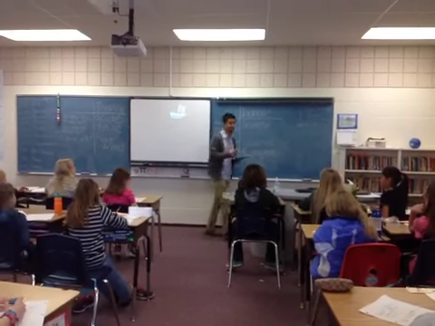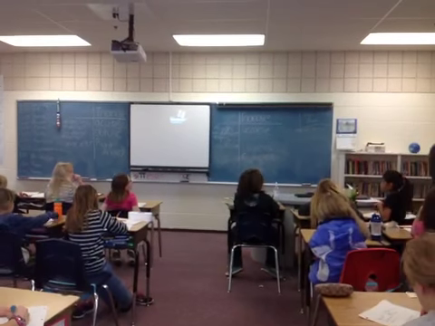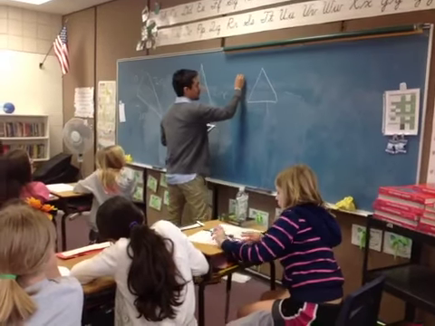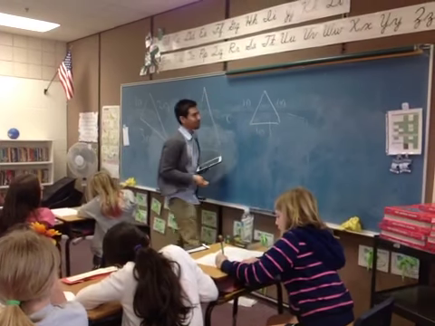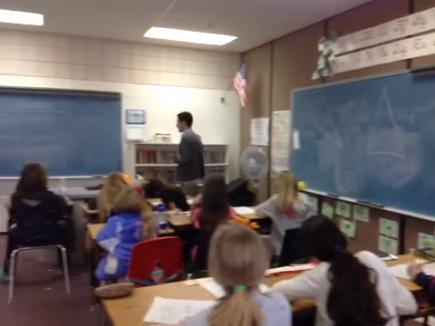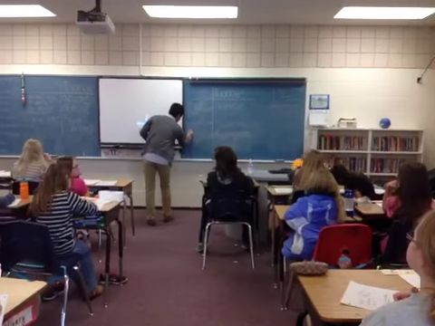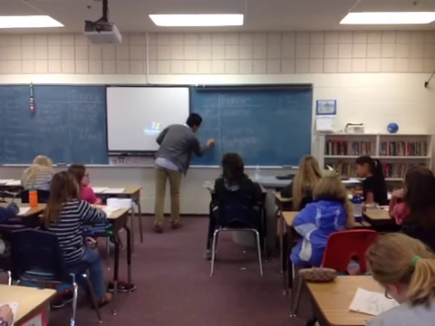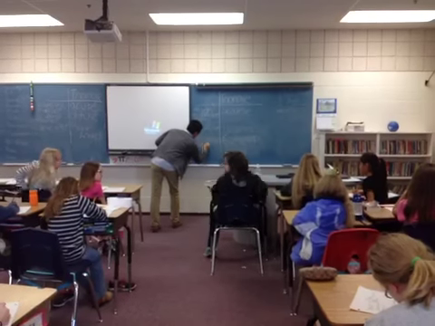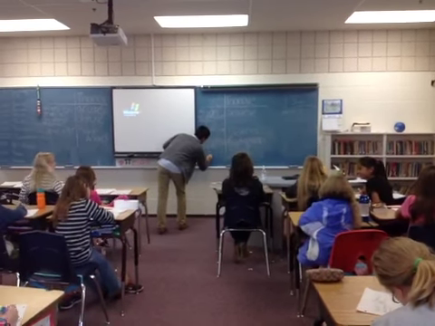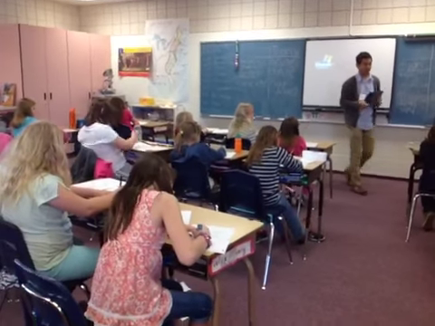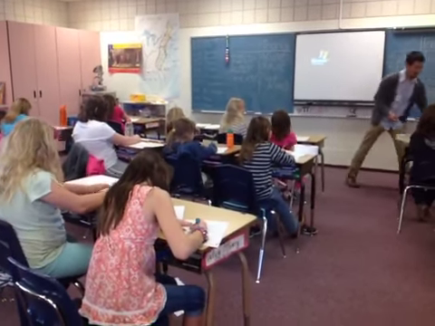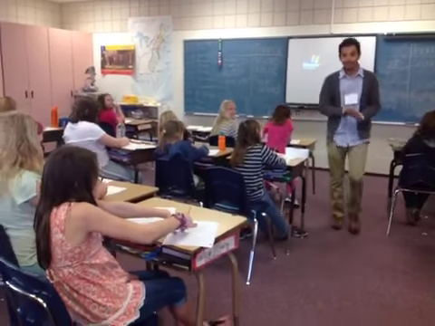But we have an activity to do right now. I'm just going to draw what an equilateral triangle might look like. So this might be 1 inch, and all of them might be 1 inch. And that's pretty simple. All sides are the same. So, any questions? So, I'm going to